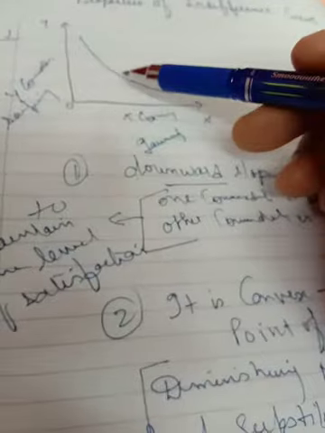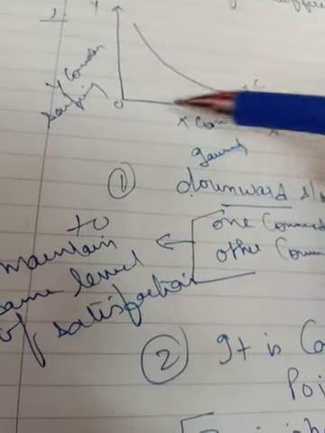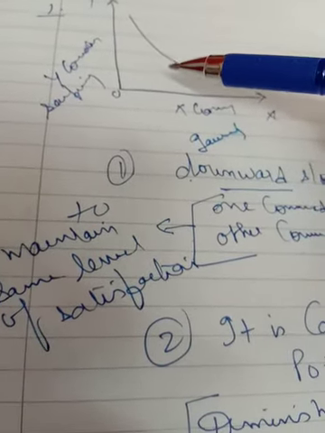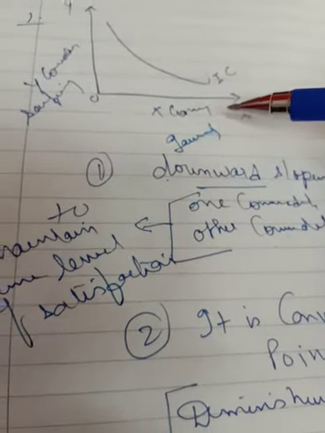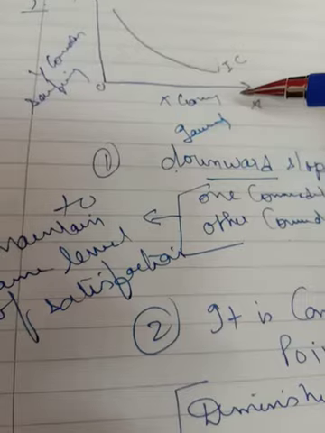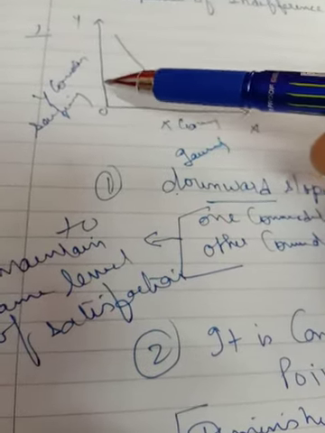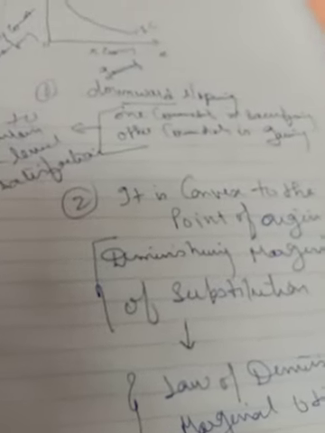as you sacrifice units of y commodity for x, for the next combination you will lose a lesser unit of y commodity. Why? Because the commodity you are gaining, the utility derived from that commodity goes on diminishing. So you will lose lesser units of y commodity for the next combination. That is why diminishing marginal rate of substitution means the rate at which the quantity of one commodity is sacrificed for another will be diminishing.